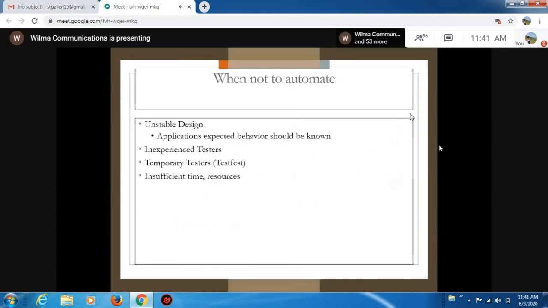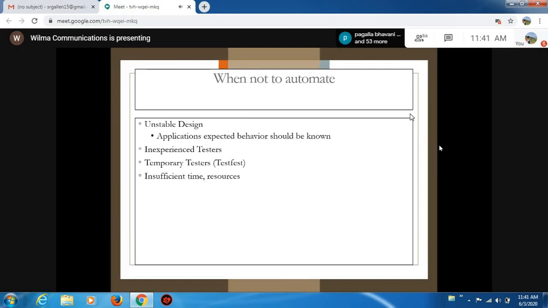Okay, now automation is okay, and why we are going for automation is also okay, but there are some situations when we cannot go for automation testing. That means 100% manual testing is applicable for a project, but 100% automation testing is not applicable.